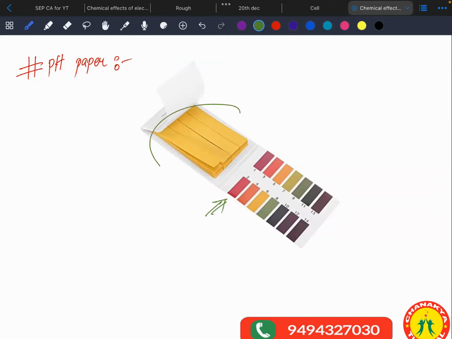If you get this color, this chart is for the identification of the value of pH when you dip. So initially we use this pH paper. The normal color of it is somewhat yellowish. But when you dip it in a liquid which has a pH of 2, which is acidic,